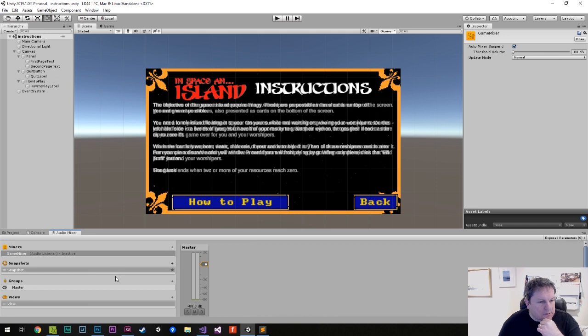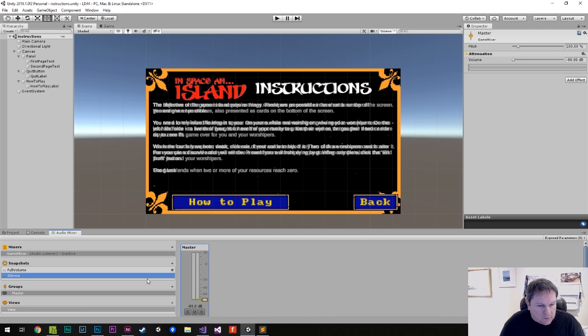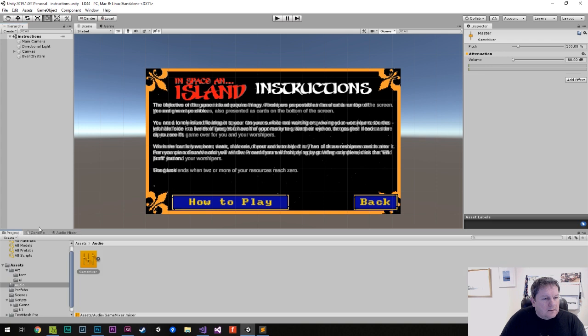I really only have a master, but I want another snapshot there. So that snapshot is full volume, and I want another snapshot, silence, and that is that one there. Full volume, silence, full volume, silence. So default is that, and then that one snap is that. Okay. And then in the game,